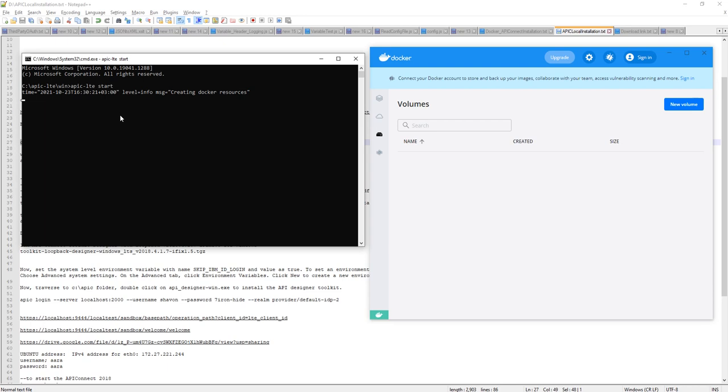It will take some time to start your Docker and all containers. You can see the changes here in Docker.